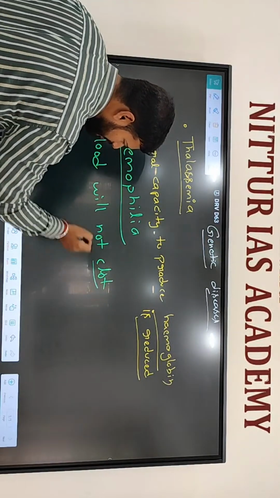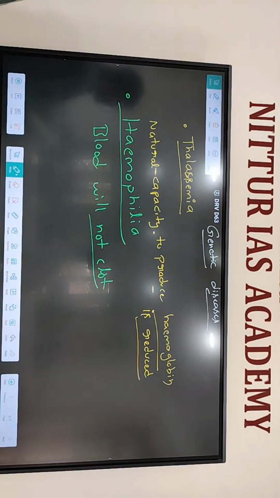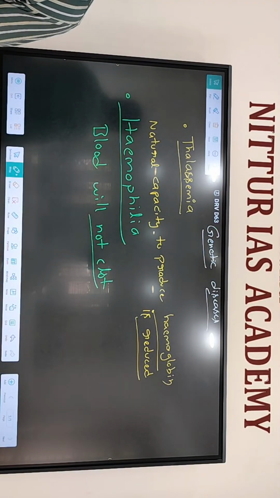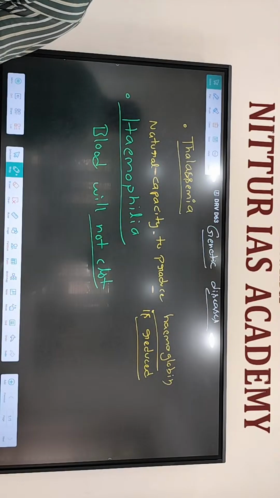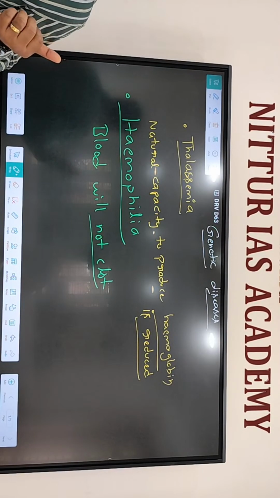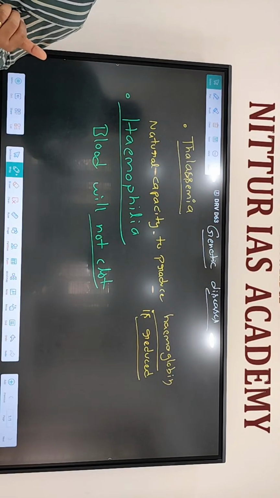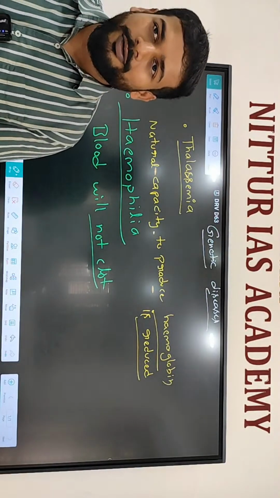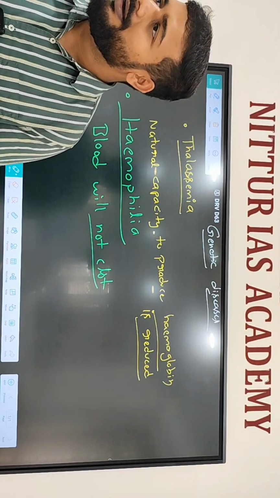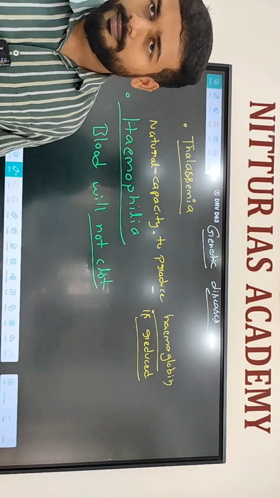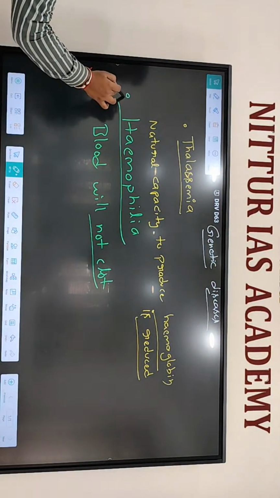This is a rare condition. If he meets with an accident, the blood continuously flows out and he will die. Blood will not clot. That condition is hemophilia. He should always carry an extra coagulant with him, a powder-like material. If there is a wound, you should pour it. Otherwise, the blood will continuously flow. Just imagine that kind of condition. Hemophilia, a rare disease.